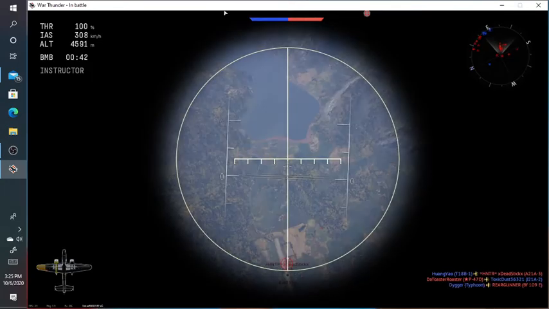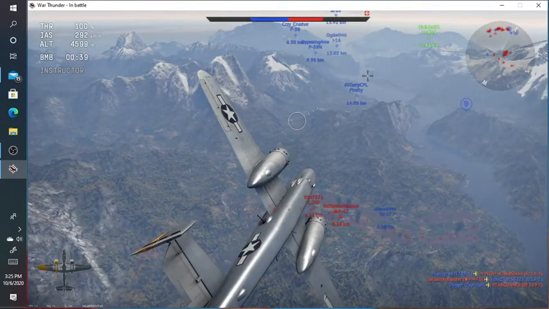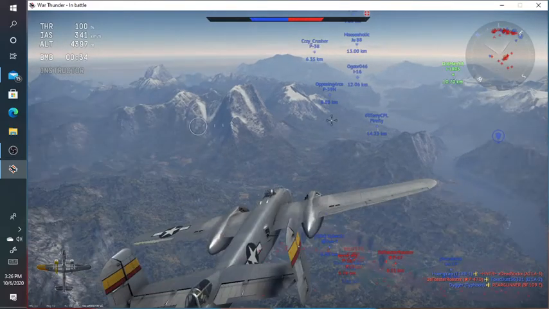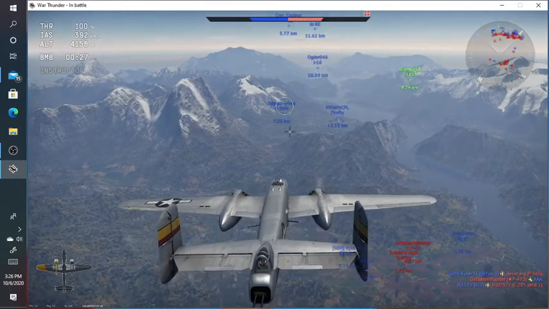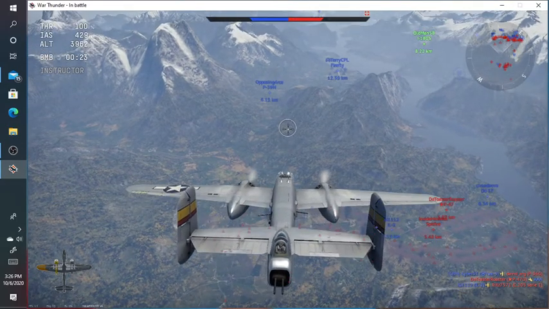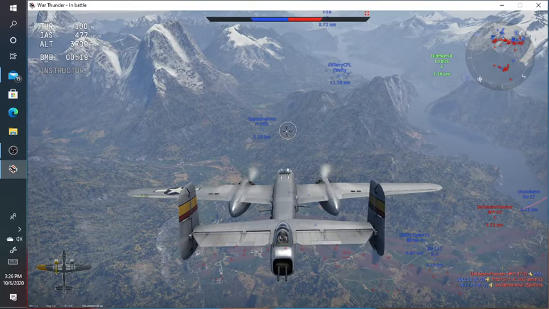Oh shoot, fighter, fighter, fighter. Get away, get away, get away. No, no, no, they hit my engine. They hit my left engine. Oh shoot, but don't worry, it's only yellow, so nothing bad's going to happen. But still, if they hit it again, my engine might die, so...